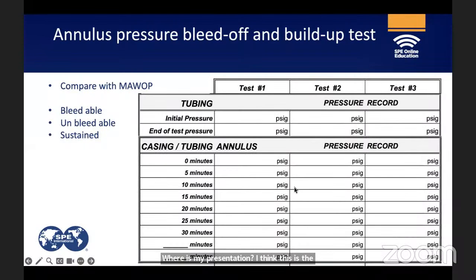If no, then I will continue. Where is my presentation? I think this is the presentation. I'll go forward with the presentation. So this is an example of,